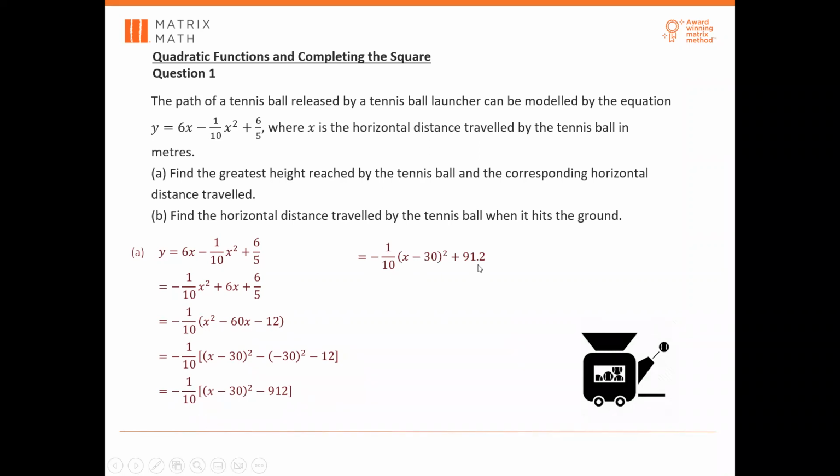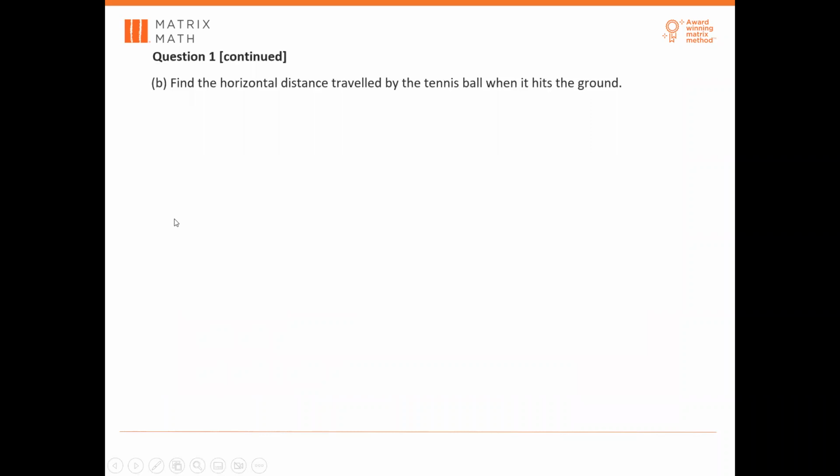So from here, you can extract out what the greatest height is. So take note, the greatest height will be this value, and the corresponding horizontal distance will be x equals to 30, right? Okay. So the greatest height reaches 1991.2, and the distance traveled will be 30 meters. Now for part B, find the horizontal distance traveled by the tennis ball when it hits the ground, okay? So when you hit the ground,